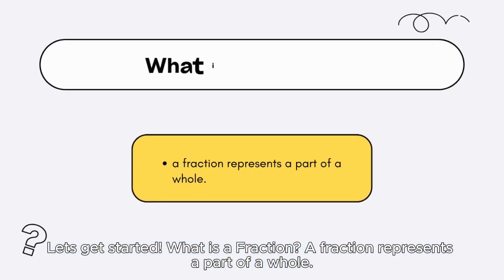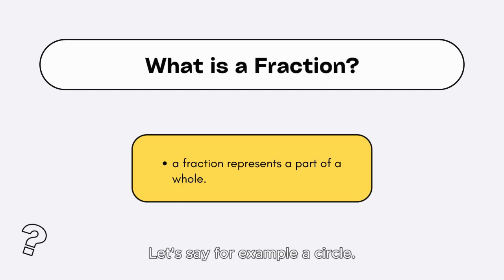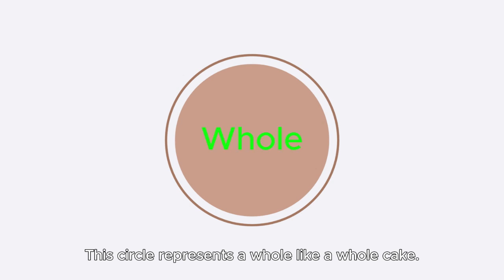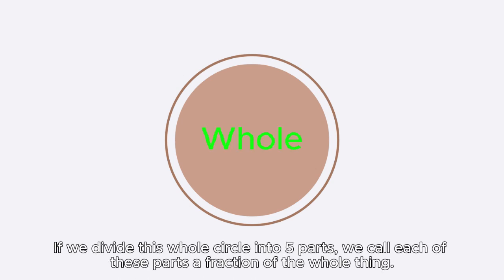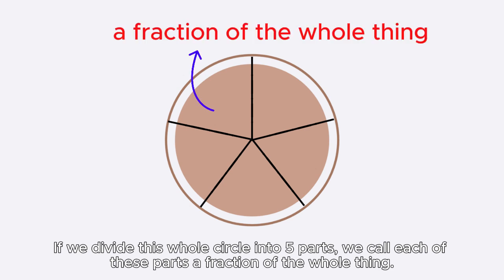Let's get started. What is a fraction? A fraction represents a part of a whole. Let's say, for example, a circle. This circle represents a whole, like a whole cake. If we divide this whole circle into 5 parts, we call each of these parts a fraction of the whole